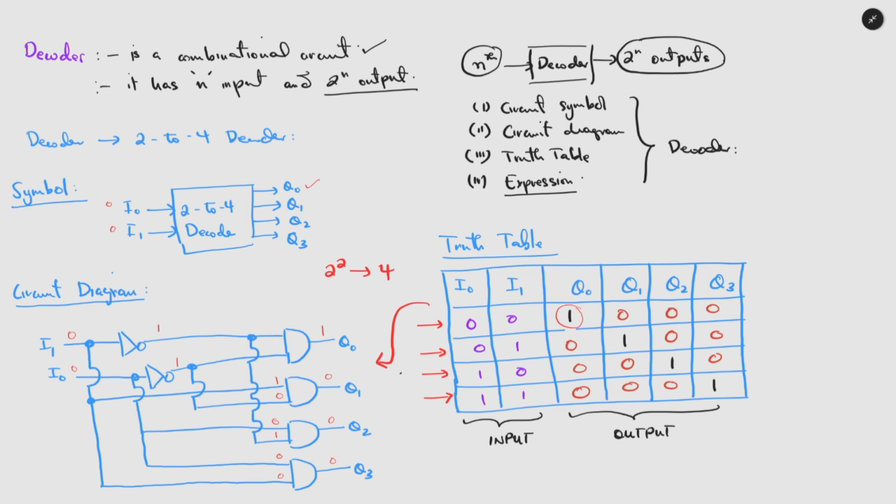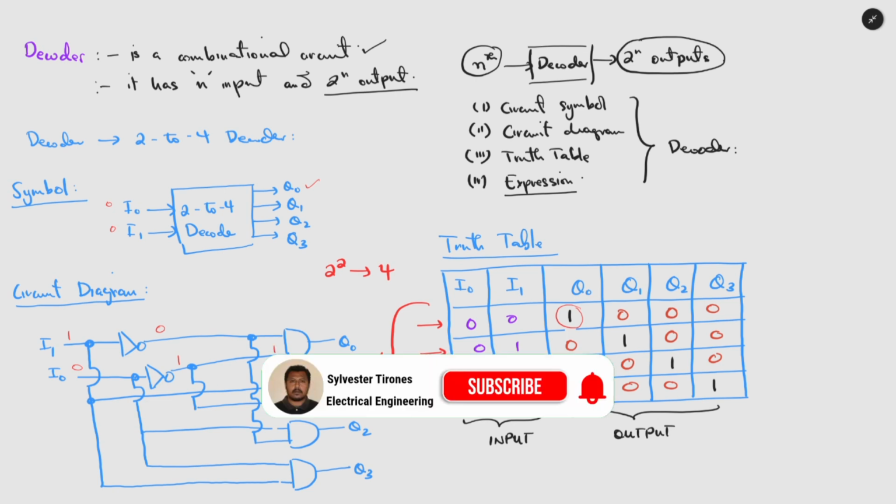And now what will happen when we apply 0 and 1 at the input? We have 0 at I0, and at I1 we apply a logic 1. We all know that the output of the first NOT gate will be 0. However, the second NOT gate has 0 at its input, and when it is inverted, this becomes 1. So the probability of 1, that means we can have 1 here and 1 here, and we should have 0